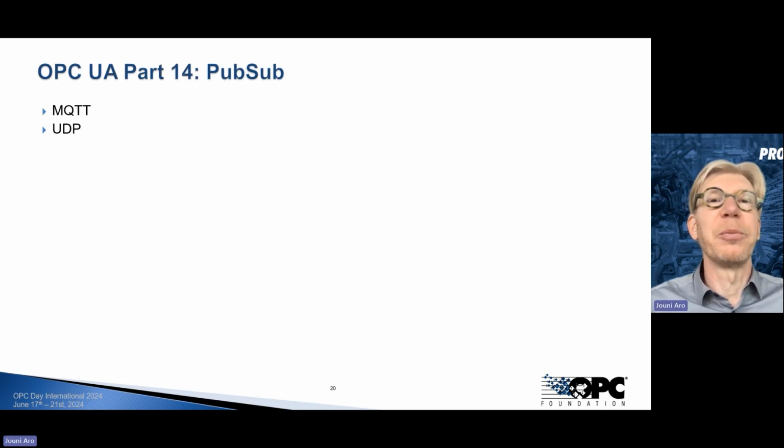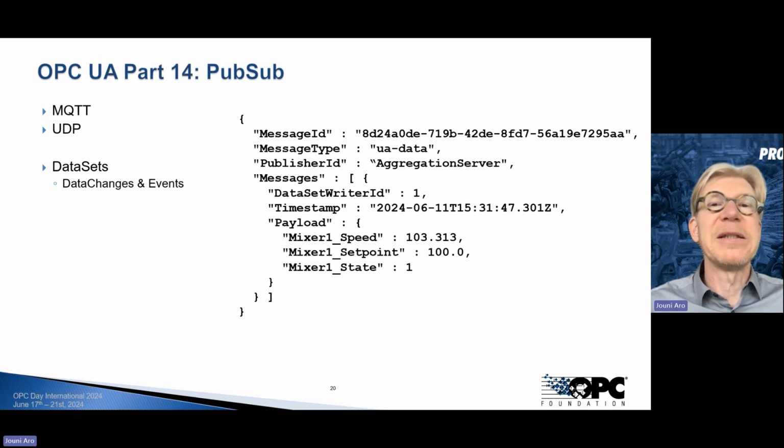Then if we move on to part 14, the new PubSub model, we have two alternatives, the MQTT and UDP communication there. But basically, they're both defining a similar model that defines how you can send data changes and events through a channel that doesn't hold a connection all the time. Randy was describing the MQTT